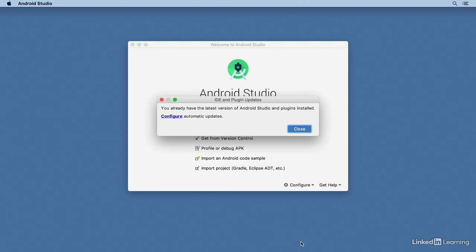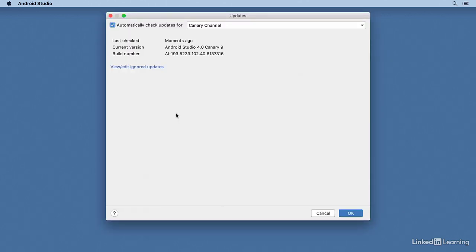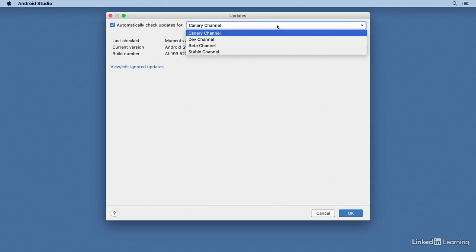Now, update channels are an important concept in Android Studio. Click on the Configure Automatic Updates link, and on this screen, you'll see a listing of available channels. The Canary and the Dev channel are for the newest versions of Android Studio. These are early preview versions. Their features might not be complete, there might be bugs, but you'll be seeing the software in its earliest available